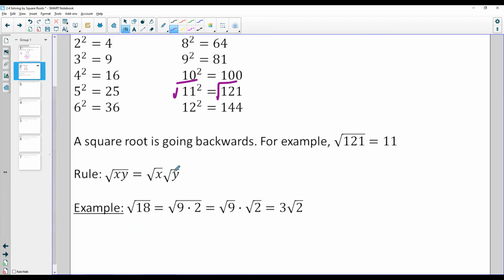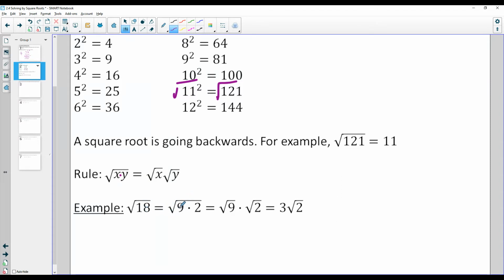And then a quick rule that you probably went over in Integrated Math 1, but we need to remember: if we have the square root of a number times another number, you can split that up into two different square roots multiplied together, or you could also go the other way around, right? If you have two that are split up, you could also put them all under the same root multiplied together. And so one example, if we had to simplify the square root of 18, well, I could say 18